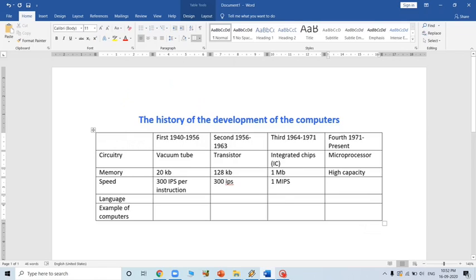Here it is 300 instructions per second. And the last one was faster than the third generation. In the last, the speed was faster than the third generation.